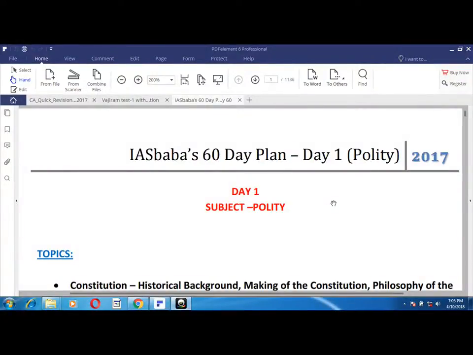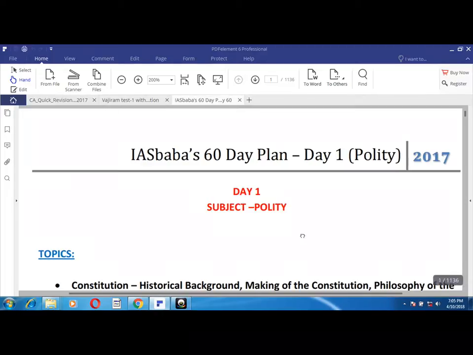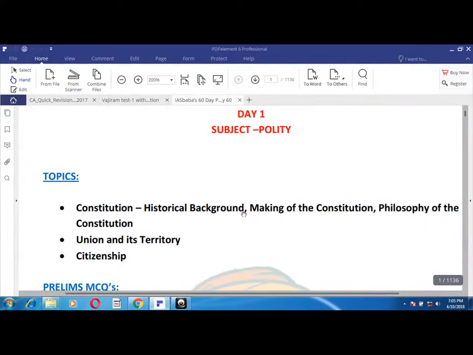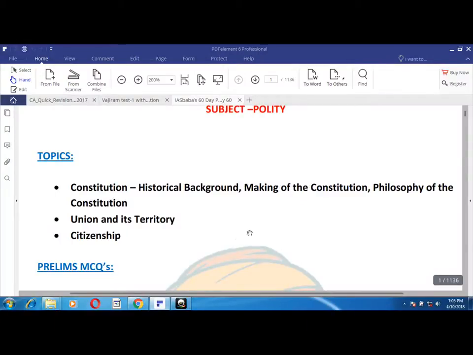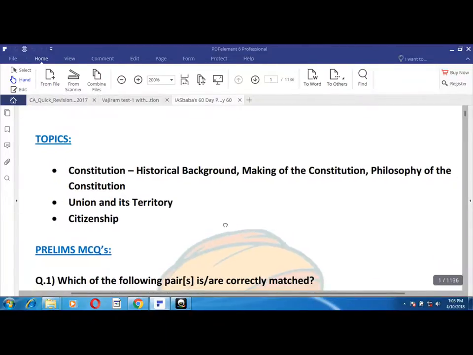हाय फ्रेंड्स, हम आईएएस बाबा का 60 डे प्लान डिस्कस कर रहे हैं। तो हम पॉलिटी का क्वेश्चन देखेंगे। सो टॉपिक हियर यू कैन सी: कॉन्स्टिट्यूशन, हिस्टोरिकल बैकग्राउंड, मेकिंग ऑफ द कॉन्स्टिट्यूशन, फिलोसफी ऑफ द कॉन्स्टिट्यूशन, यूनियन एंड इट्स टेरिटरी, सिटीजनशिप। ओके, सो लेट्स स्टार्ट।